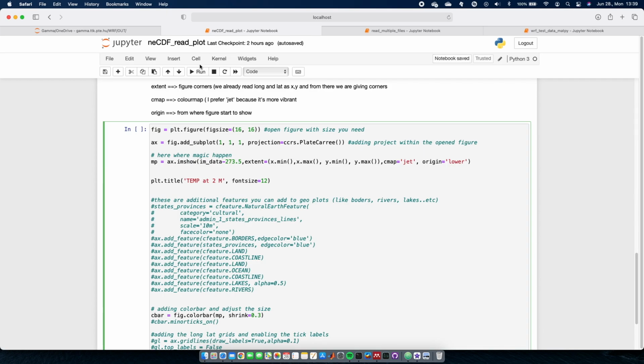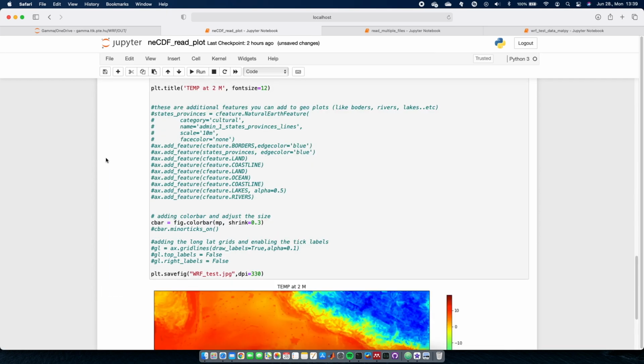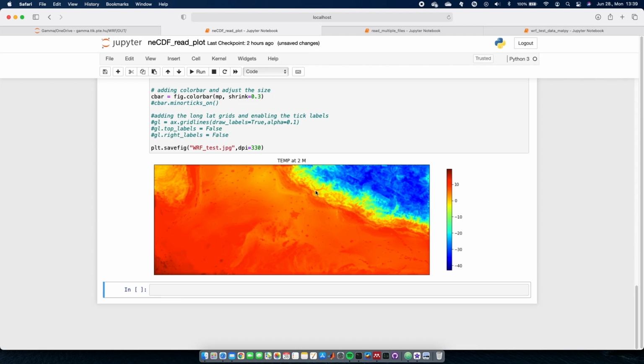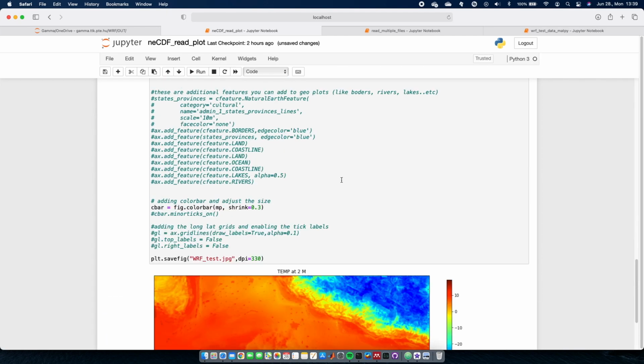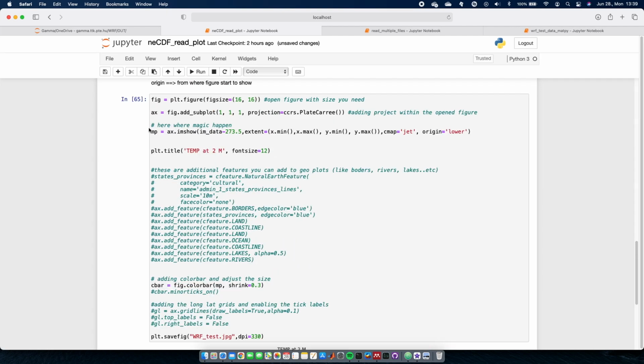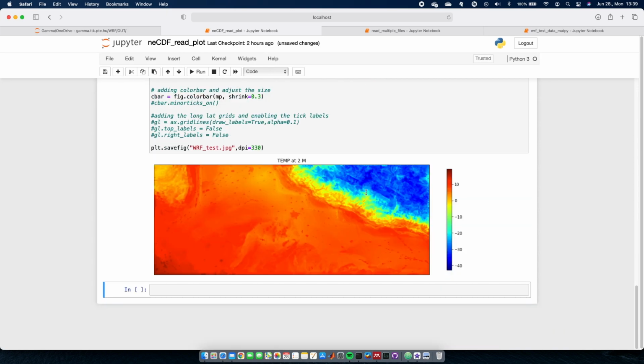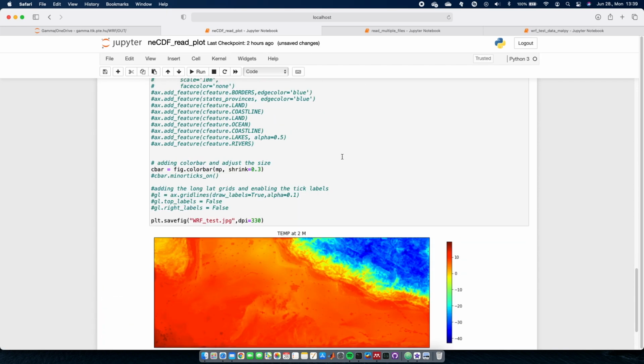I will run this. See, this is the color map I got, and I added the color bar here. I will explain that later. Anyway, this is the data, jet and everything. So this is the jet color map. If you give another one, then it will be different.